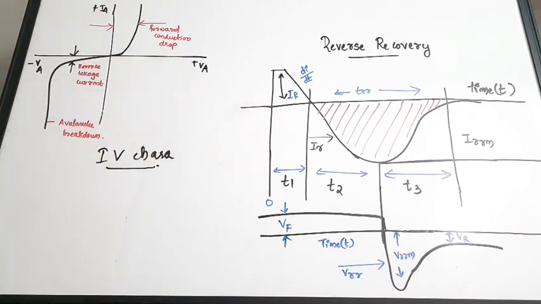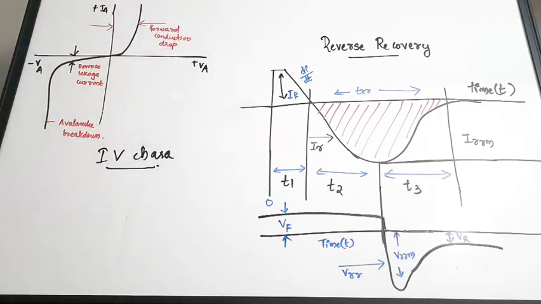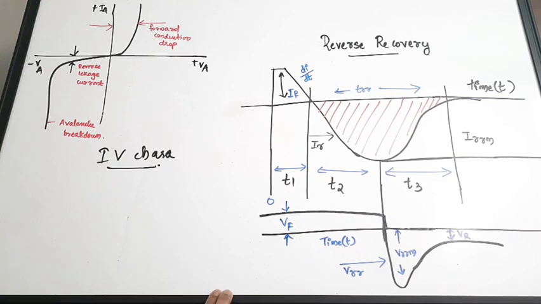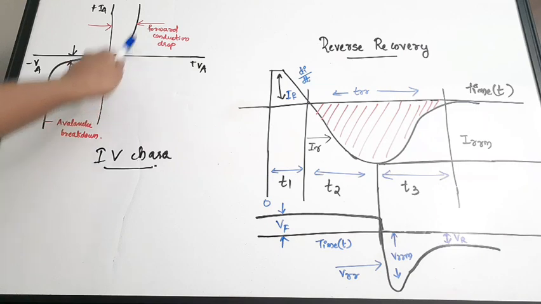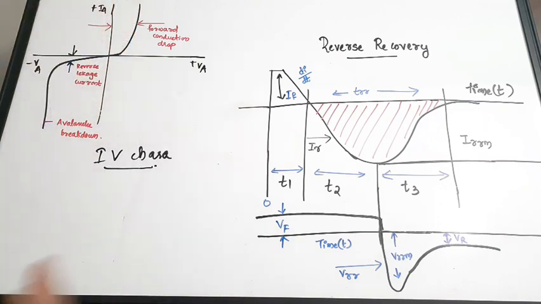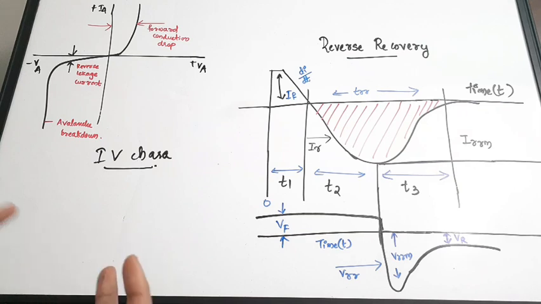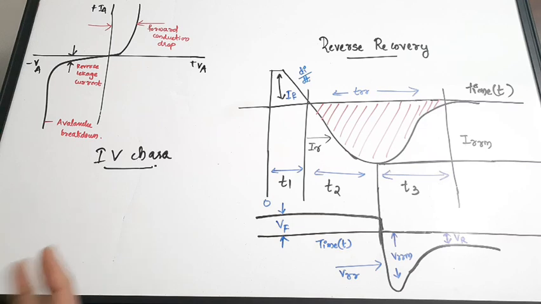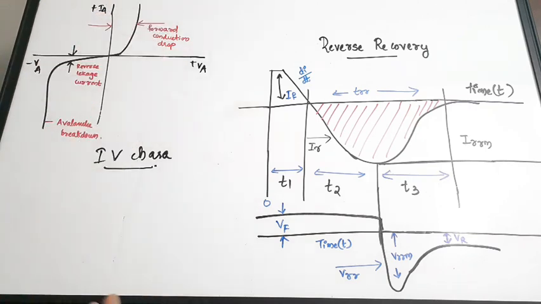Okay, so you can see that this quadrant represents the forward conducting quadrant, meaning the diode is conducting. Here you can see that after a particular point, the current will shoot up because the diode will start to conduct. And this particular voltage drop is called the forward conduction drop. This is a simple case of a diode. When the diode's built-in potential or barrier potential is reached, the diode will start to conduct, right? So that is happening in this forward quadrant. It is a positive quadrant.